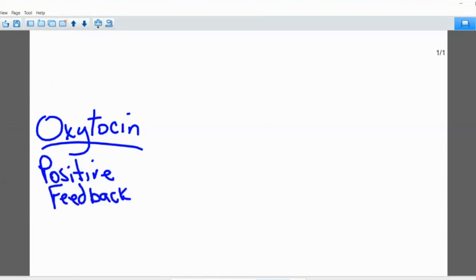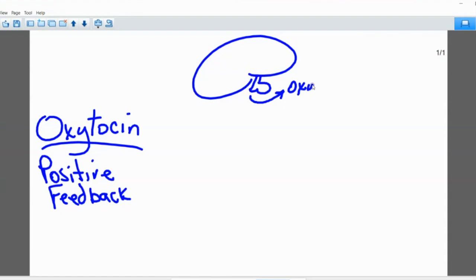Oxytocin is our positive feedback hormone. Okay, I'll explain what that means in a little bit. Most hormones are not positive feedback. Almost none of your hormones are positive feedback. What would be the opposite of positive feedback? It would be negative feedback, and it would be regulatory, and I'll talk about that in a minute. But oxytocin, so let's draw this. There's a brain. Here's an ugly little pituitary. There's a big front, and there's a little back. Okay? And it's the back here, posterior, right there, that releases